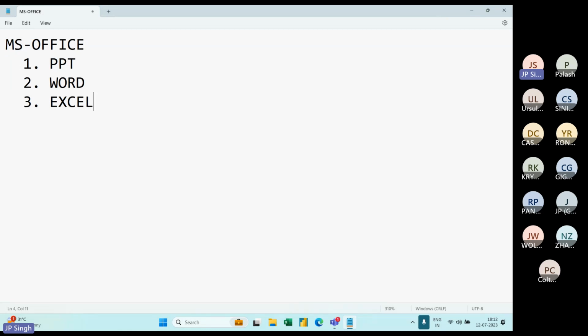PPT helps us in presentation, Word for writing a letter, a purchase order, a quotation, so many things. Excel is for calculation, for data analysis, for data presentation in charts. And these are also interconnected in some way. You can take the data from Excel and present it in PPT. You can take some Word document and link it with some PPT. That is possible. So now